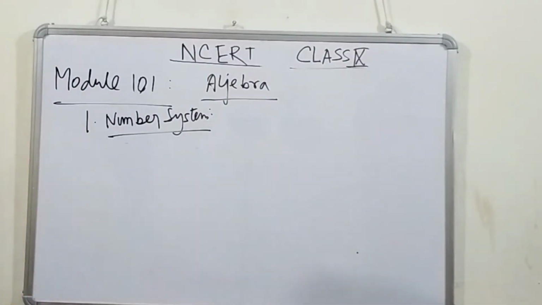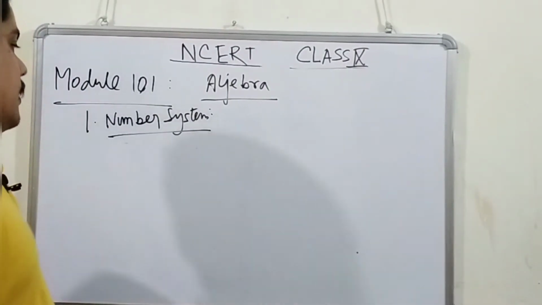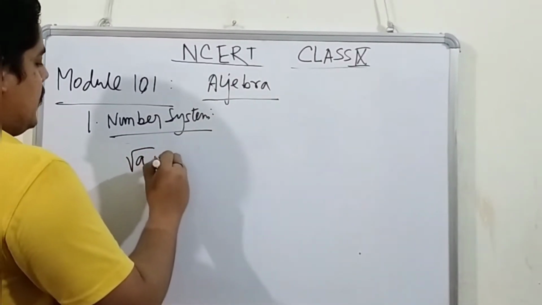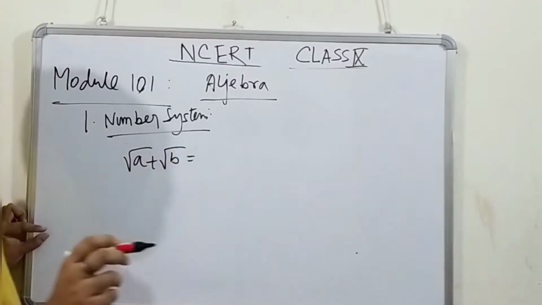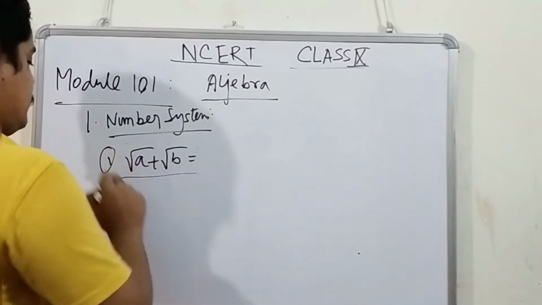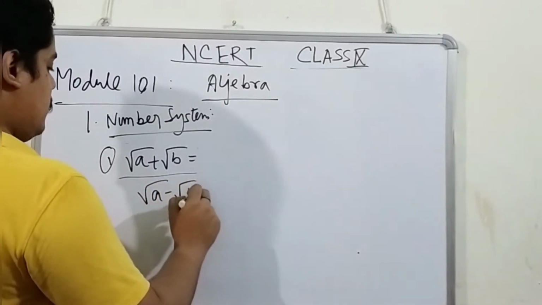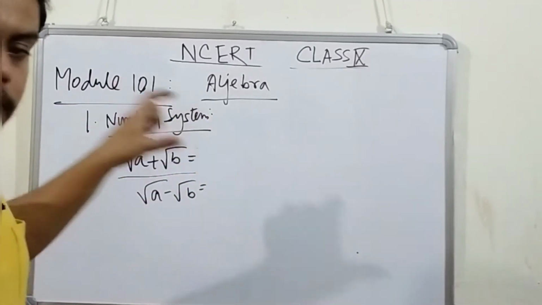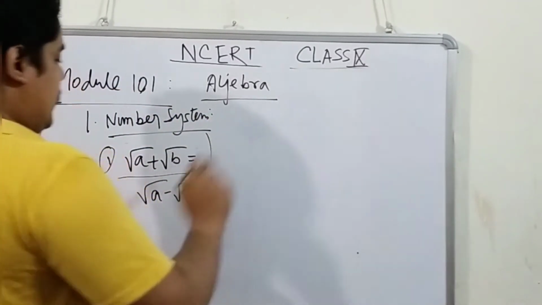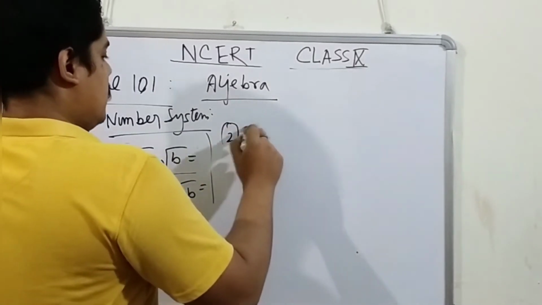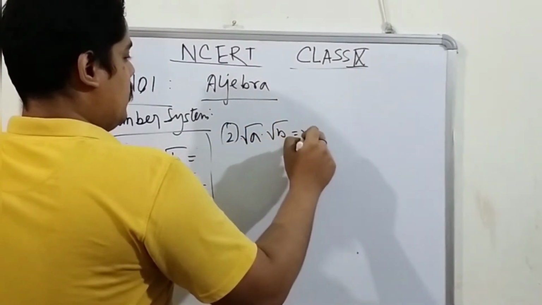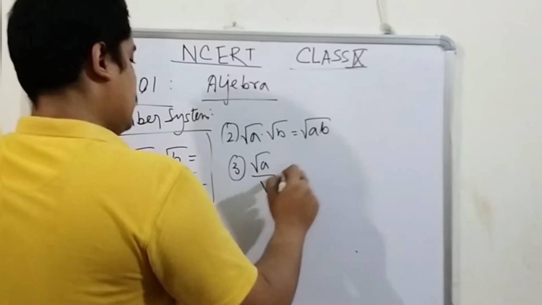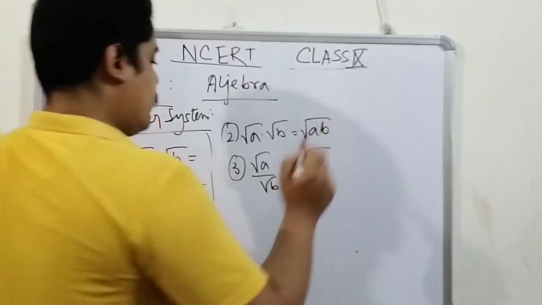Now in this section we will learn about some irrational number identities. So let's start. The first identity: root a plus root b, I can't do anything with it. I have to leave it like that. Same with root a minus root b. If these are irrational numbers, I can't change this. I have to leave it like that. Second, root a multiplied with root b will be root over of ab. Third, root a divided by root b, I can say it is root over of a by b.